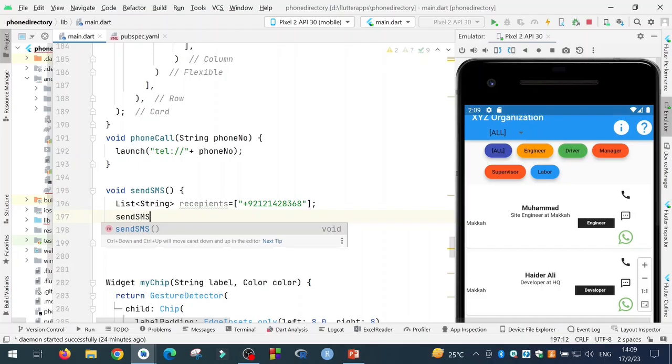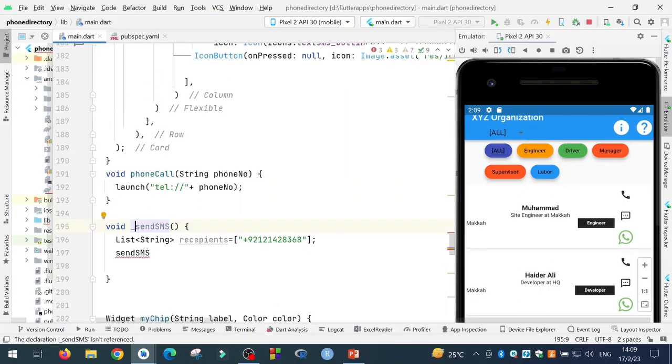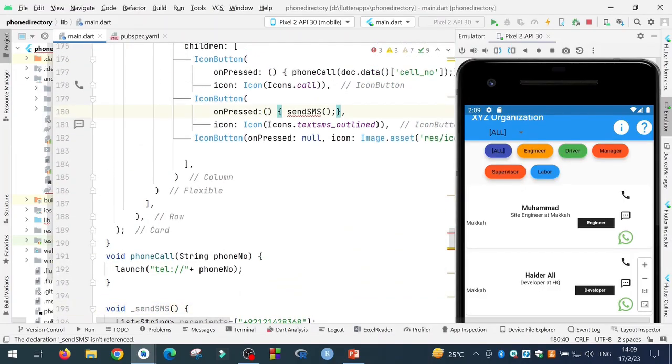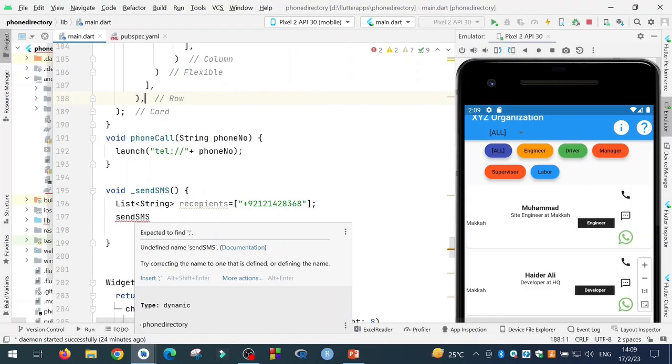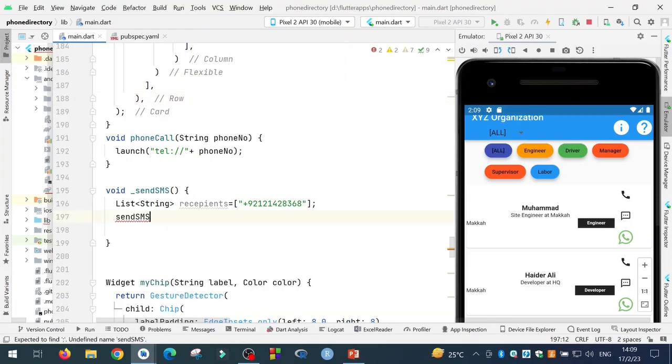Oops, I need to change this name because they are the same name. So let me put an underscore over here to distinguish between the sendSMS method of my program and that of the package. Over here I will write sendSMS,